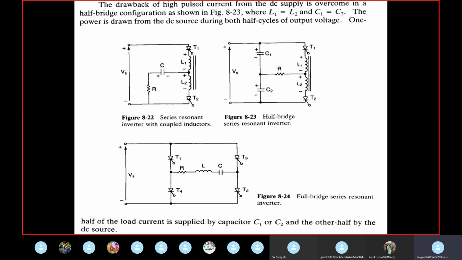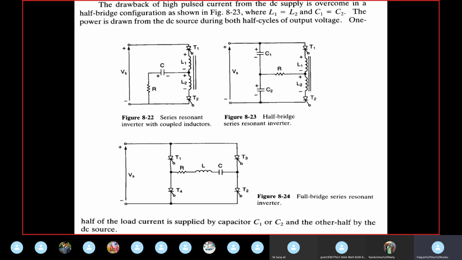Okay, so the resonant frequency and the available dead zone depend on the load, and for this reason resonant inverters are most suitable for fixed load applications. That means where the loads are fixed, there is no variation in the load. The inverter load here, which is resistance only, could also be connected in parallel with the capacitor.